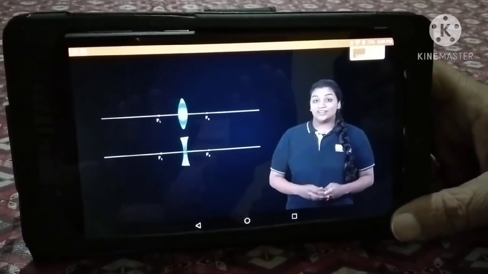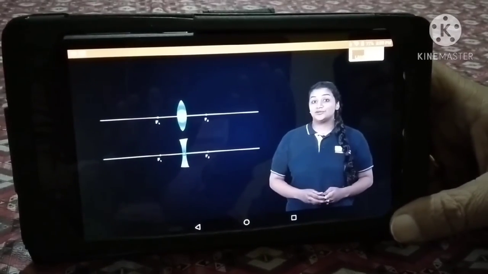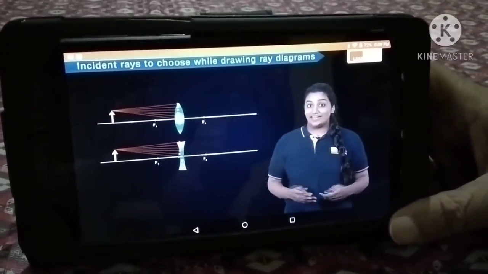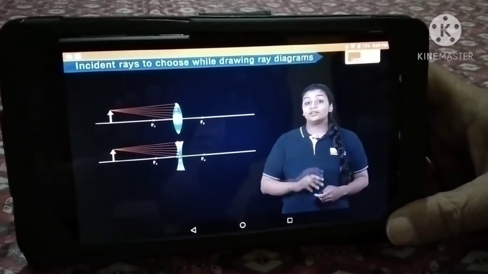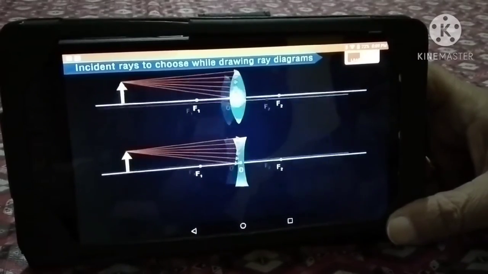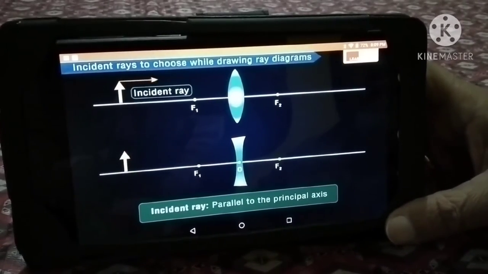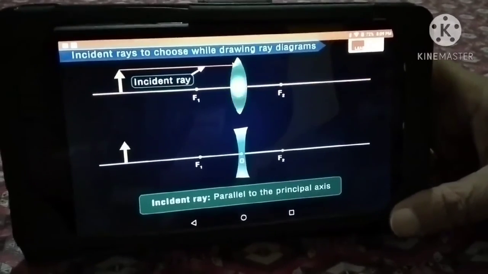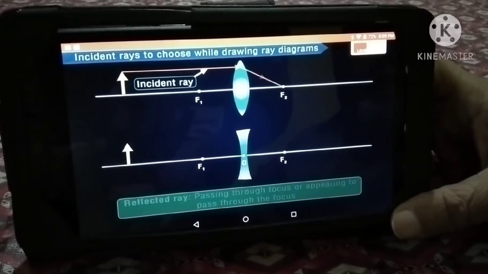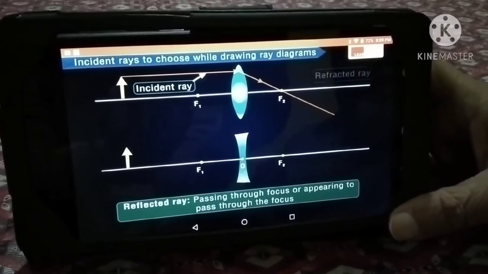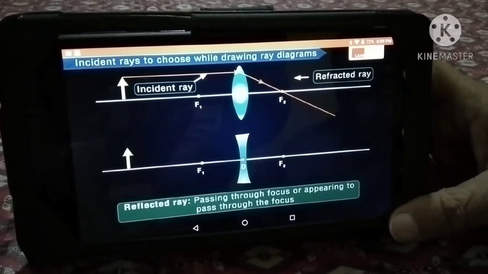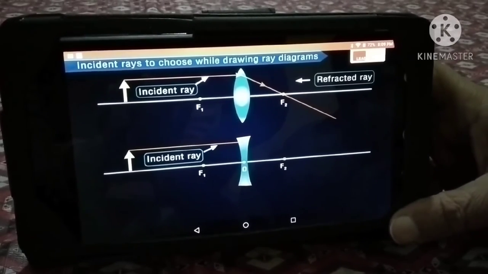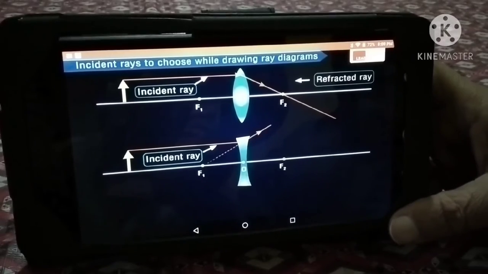In order to draw the ray diagram, we first need to choose incident rays. Out of the many rays falling on the lens, 3 particular rays are chosen. The first incident ray is the ray which is parallel to the principal axis of a convex lens. It passes through the principal focus after refraction. However, in the case of a concave lens, a ray parallel to the principal axis appears to diverge from the